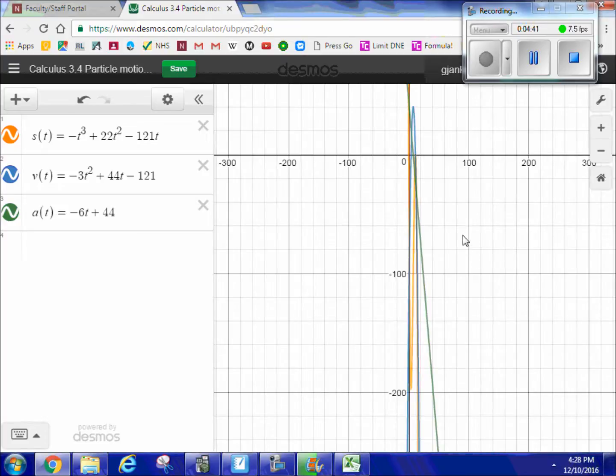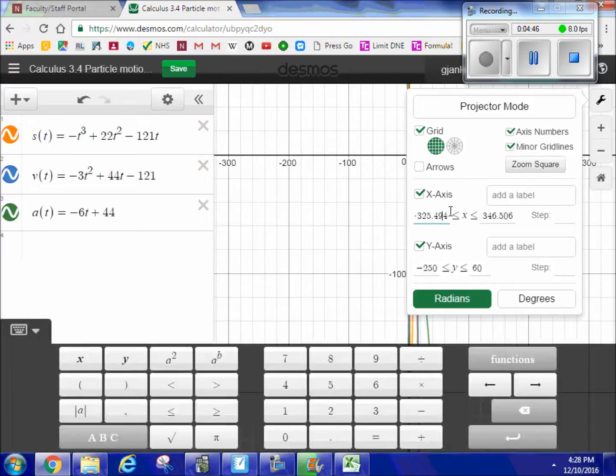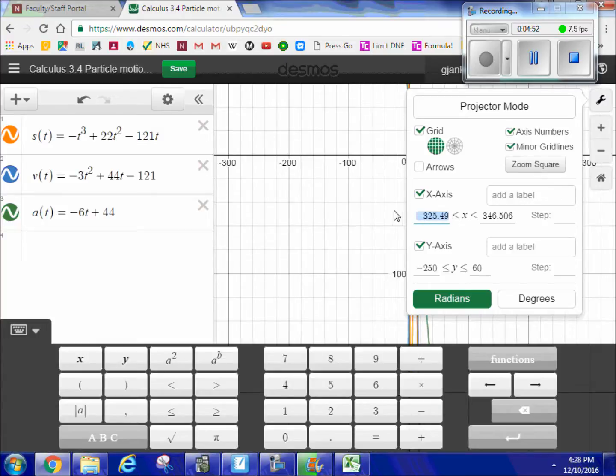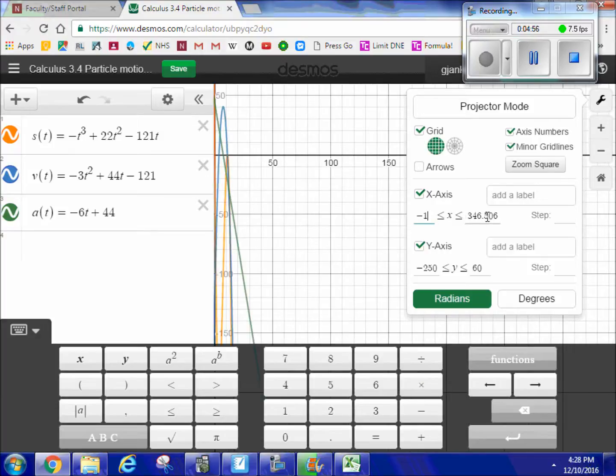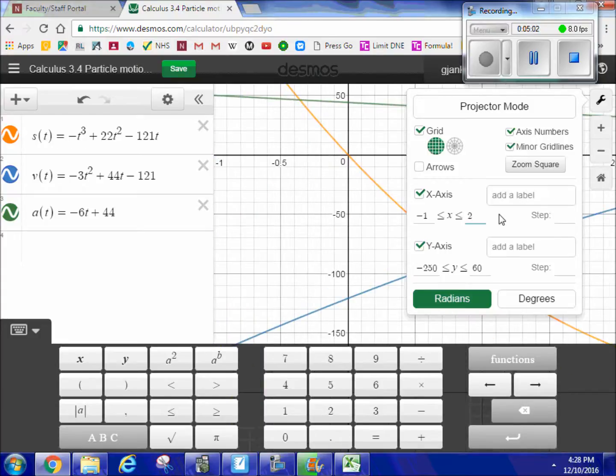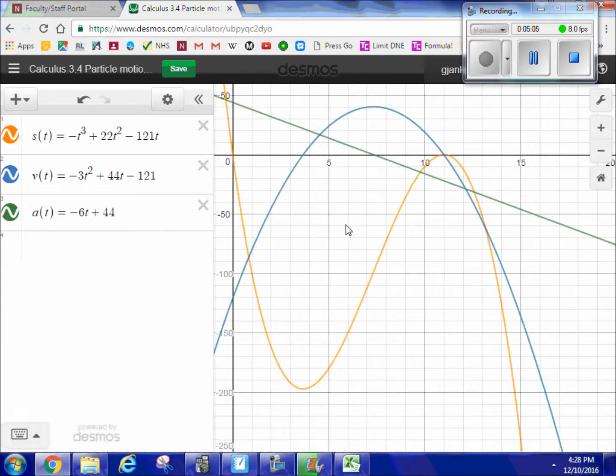It still looks kind of tight. My x-axis changed. Why did my x-axis change? I don't know why. I'm going to change that back down here to -1. It changed when I zoomed out. -1 to 20. Okay, so now I have a pretty nice looking graph. I can see all the action. It's not particularly well proportioned, but that's okay for